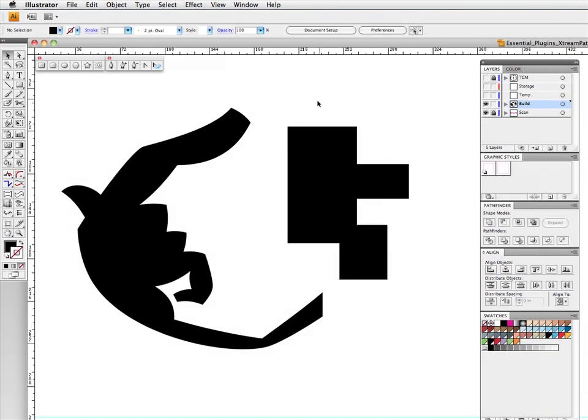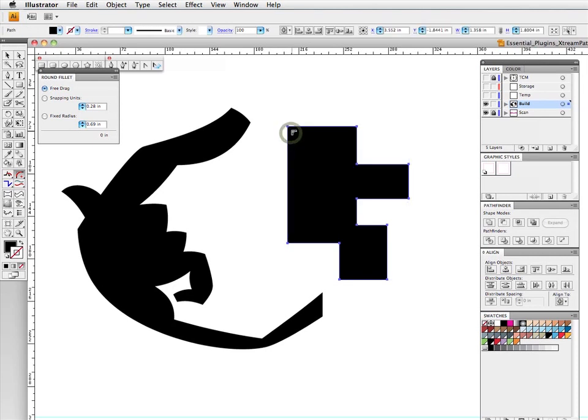Okay, let's take a look at the Extreme Path plugin, the Round Fillet tool. Now, the Round Fillet tool allows you to, on the fly, make rounded off corners on your vector shapes. The only limitation of this tool is there cannot be any Bezier handles pulled out from the corner. Otherwise, this specific tool, the Round Fillet tool that's right here in the toolbox, won't work, and I'll